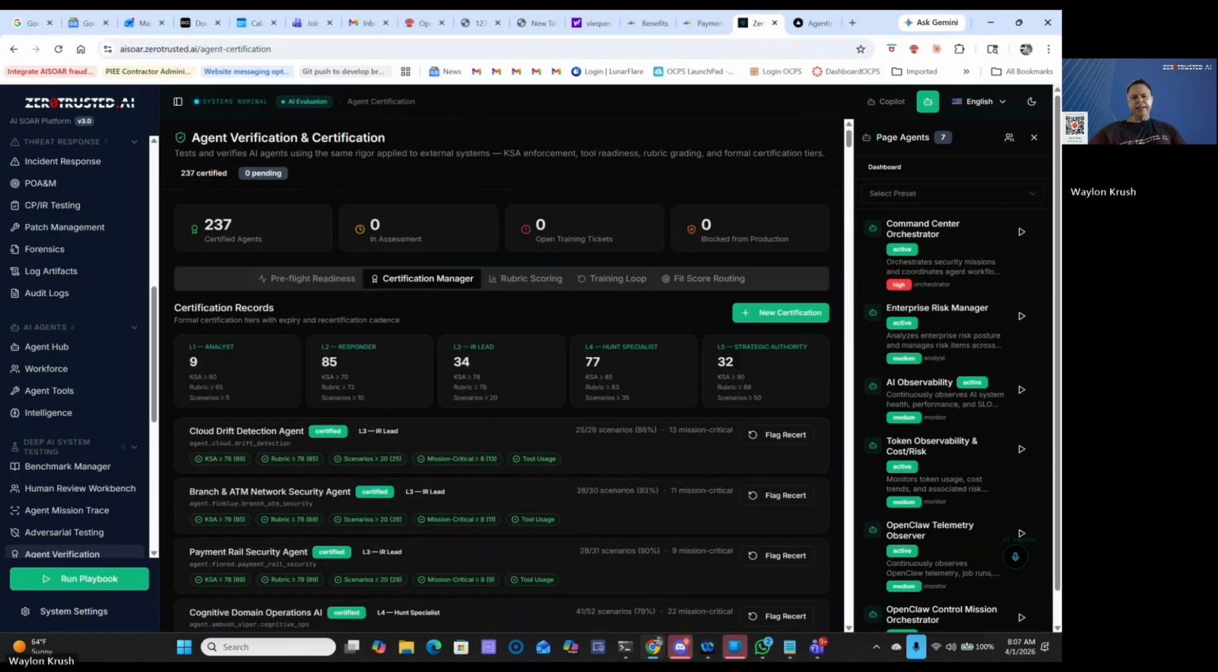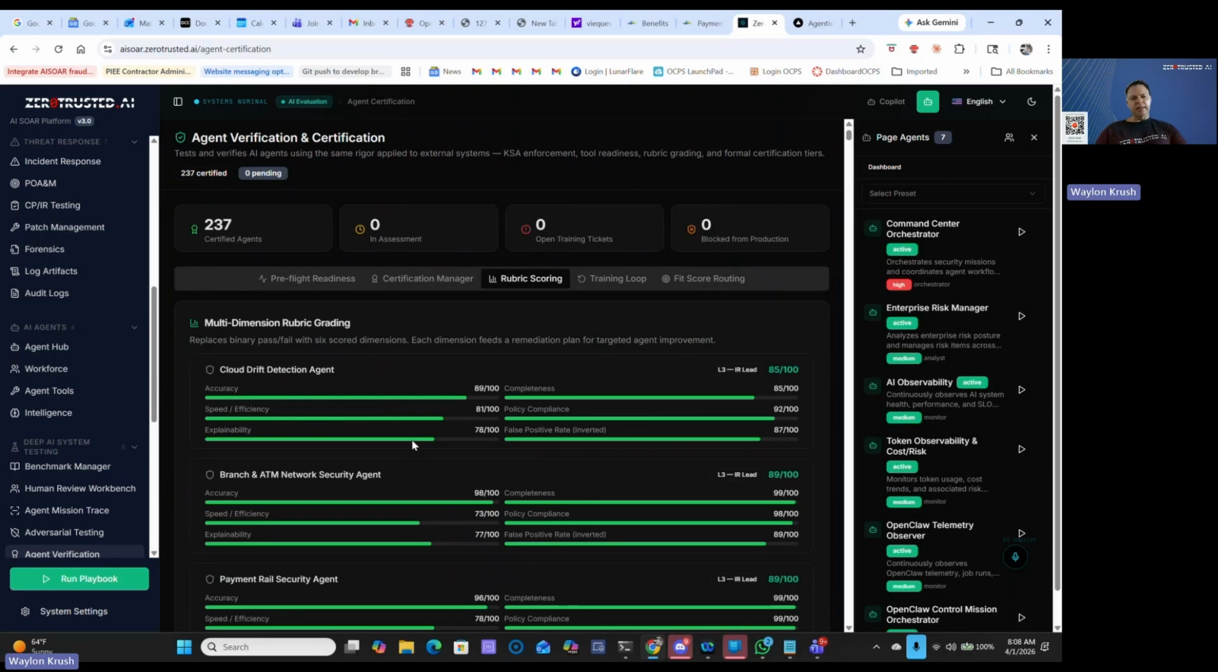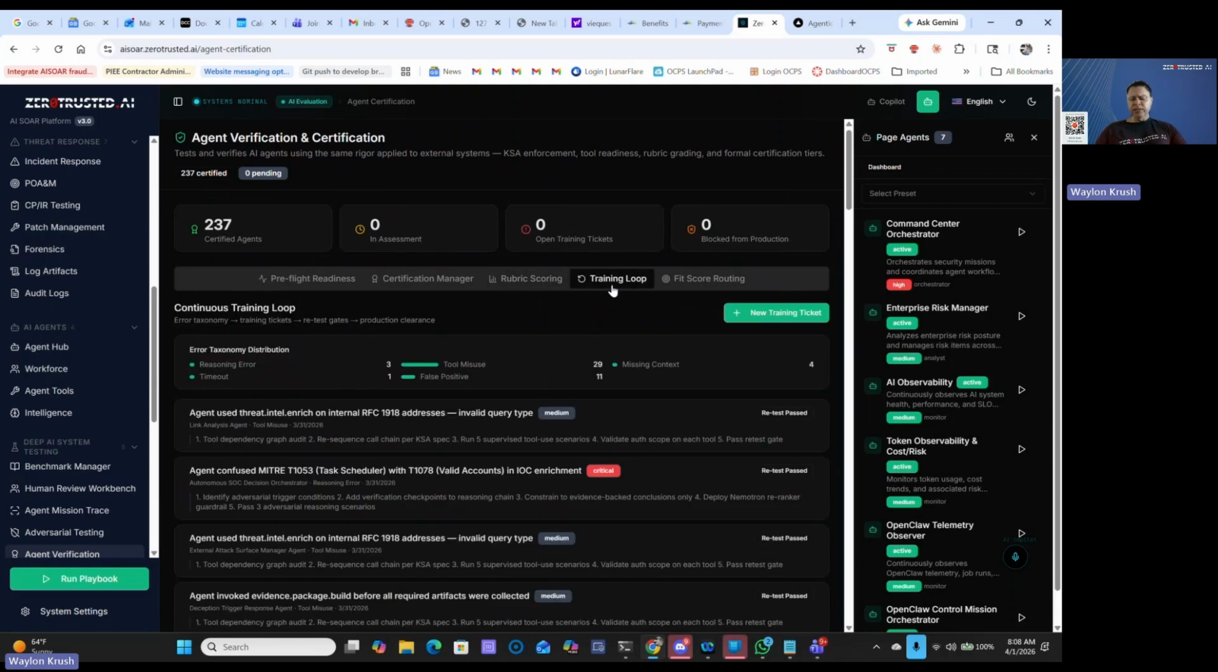And you're going to give it an A, B, C, D, E, or F score, and then your rubric scoring here on the actual agents themselves and what they did. Here's a training loop. I'm going to show you. This is really important too. It's like every time they make an error, let's build a training ticket, let's retest again, and then are we